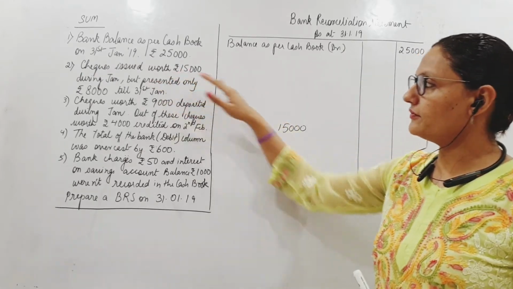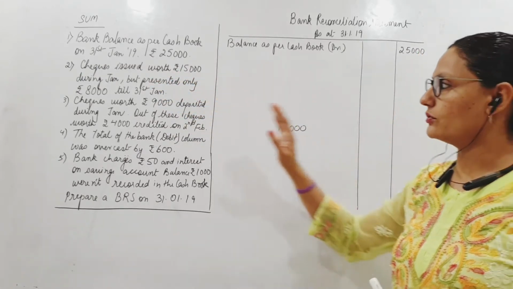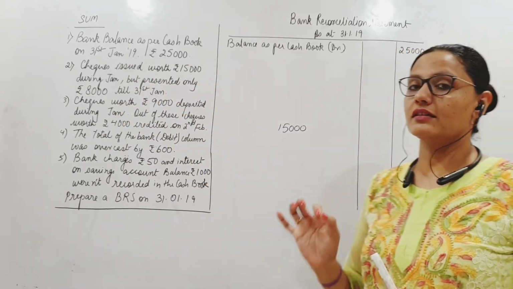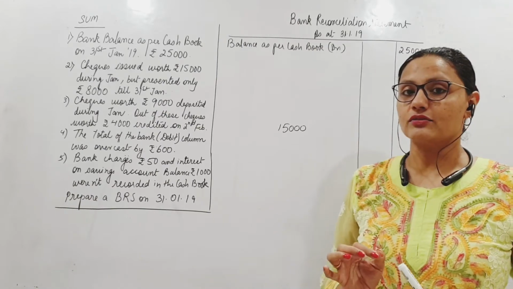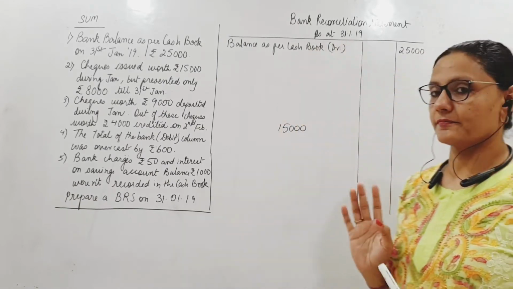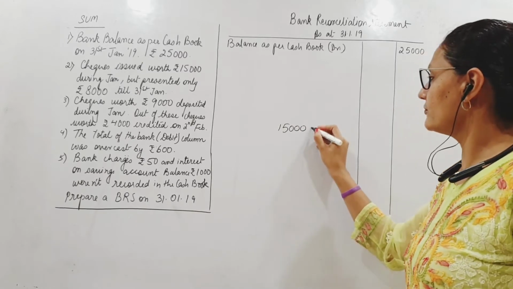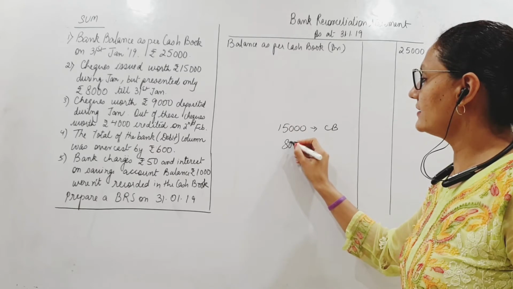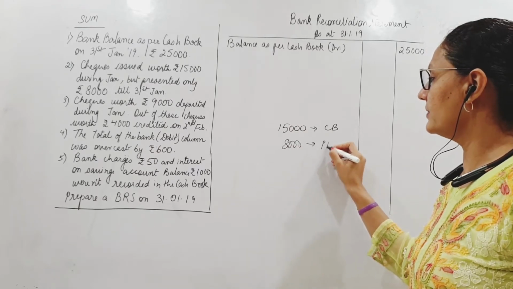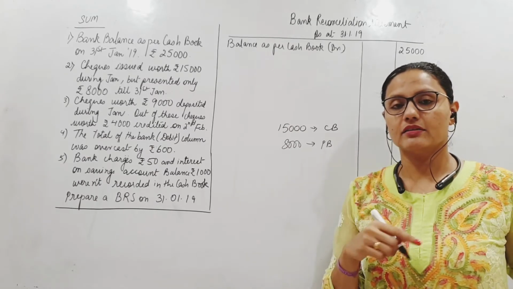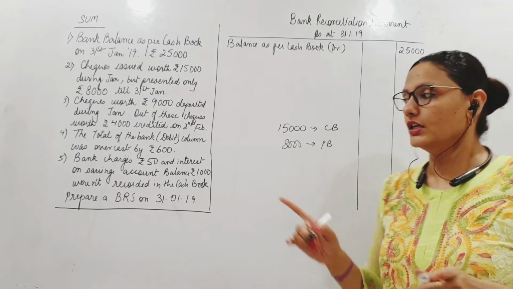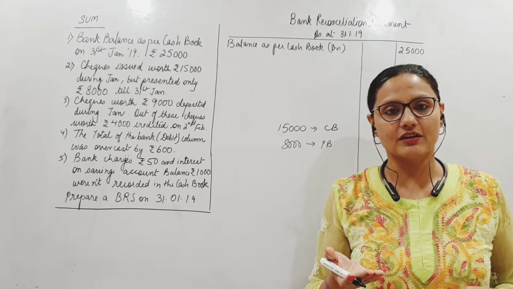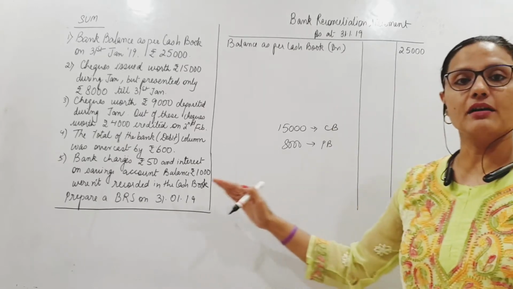So it is given that 15,000 worth of checks have been issued, fine, but only 8,000 were presented till 31st January. So till our BRS date, 15,000 worth of checks have gone from my cash book, but only 8,000 worth of checks have been debited, taken out, paid from my bank account. So passbook balance has gone down only by 8,000. Alright. Now we are arriving at the passbook balance.